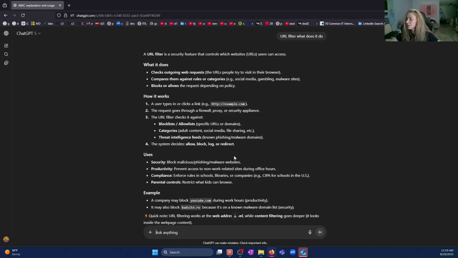Okay. Let's go. Security: block malicious phishing. Productivity: prevent access to non-work related sites. Compliance: enforce rules in schools, parental control, restrict with kids involved.